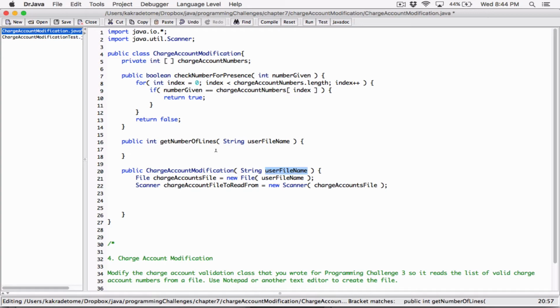Okay, so the get number of lines is first of all going to need the file name. We are not done with this constructor. We need this method to continue, and so that's why we've kind of paused this and moved here. And so the same way we created a file object and created a scanner to read from that file, we're going to do the same thing here. We're going to create a file, basically represent a file,